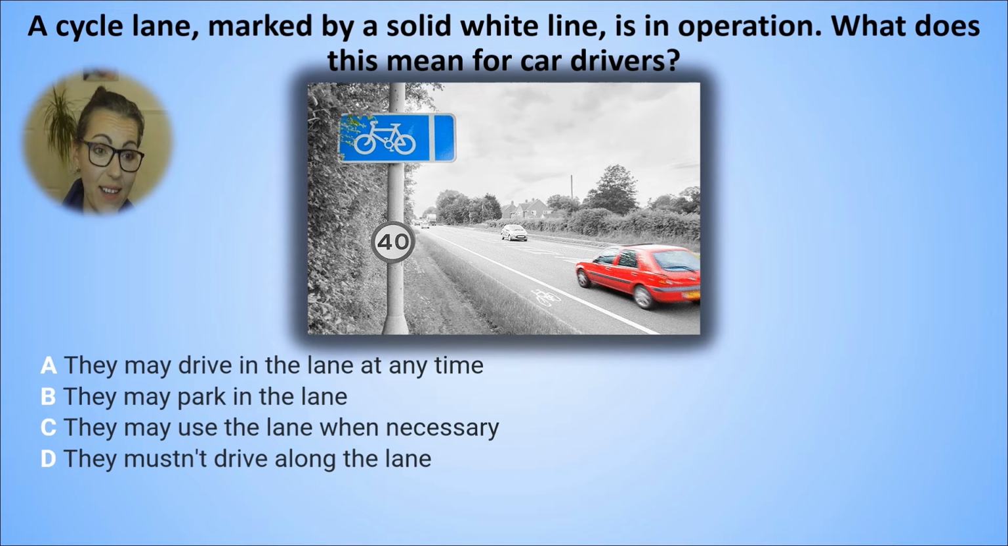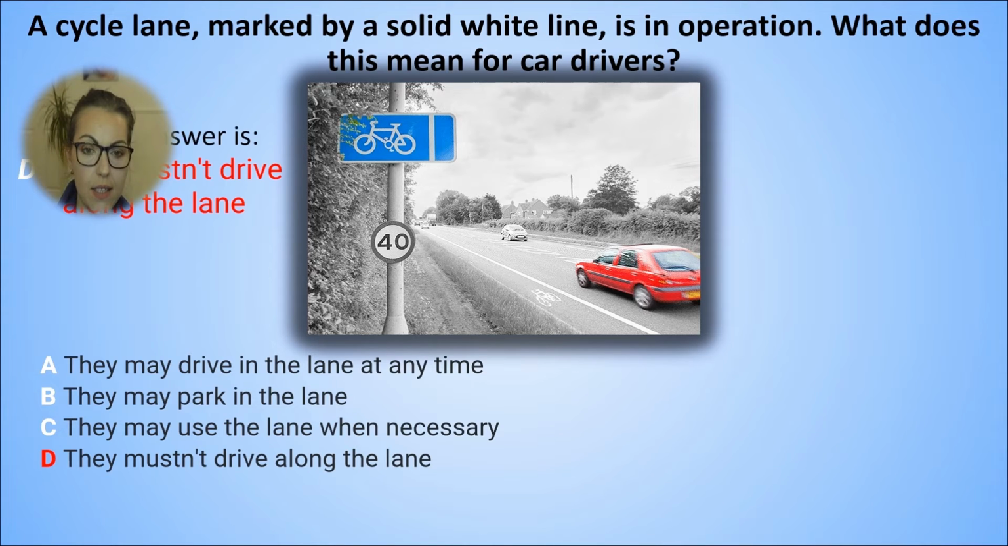A cycle lane marked by a solid white line is in operation. What does this mean for car drivers? A, they may drive in the lane at any time. B, they may park in the lane. C, they may use the lane when necessary. D, they mustn't drive along the lane. 5, 4, 3, 2,